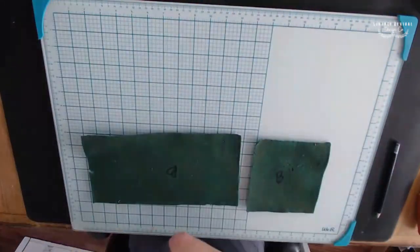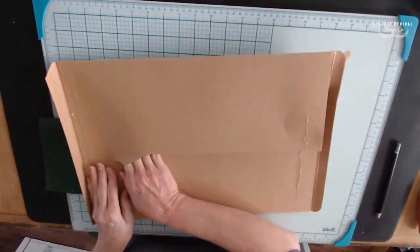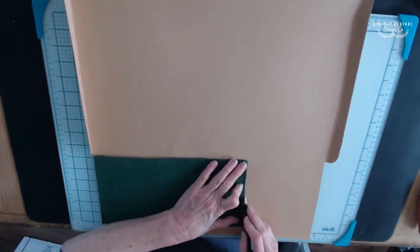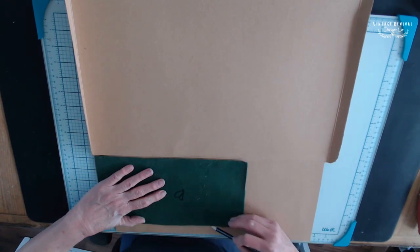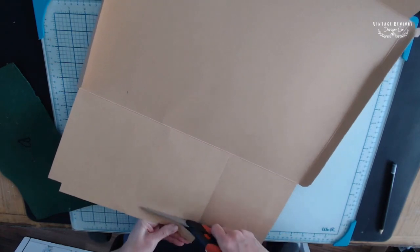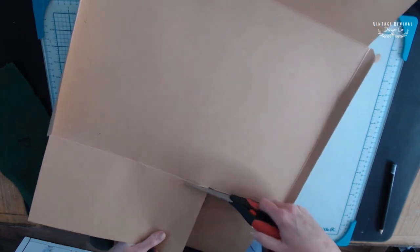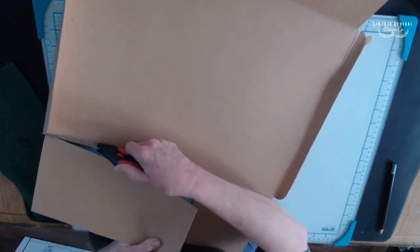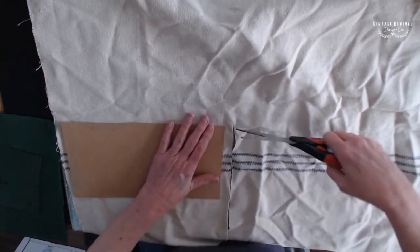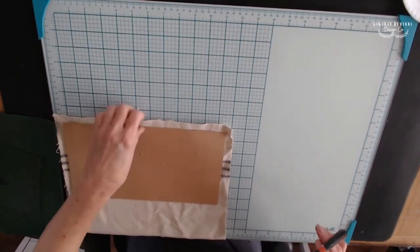While that was all drying, it was time to address the liners. I had a cardboard envelope that I had the top torn off, so I'm using that as a template, and I'm tracing around my felt, those gross felt liners, to make a new template. I'm going to cut that out, and then I'm going to be using some fabric to make new liners for this. I have this ticking stripe fabric, and I'm linking to a similar fabric because this isn't available on Amazon,